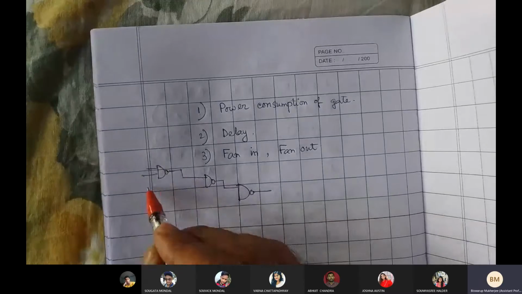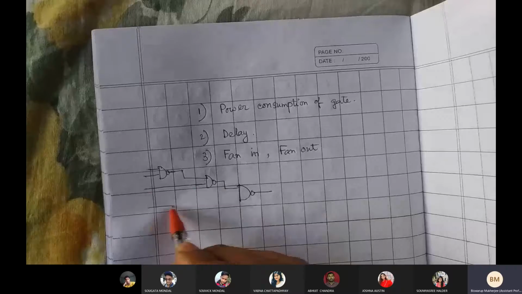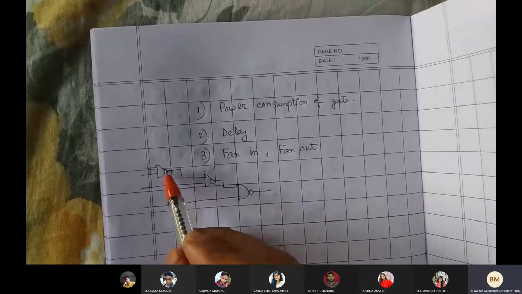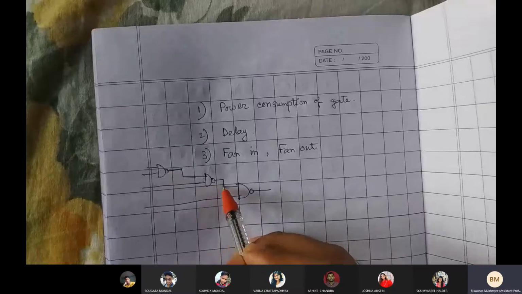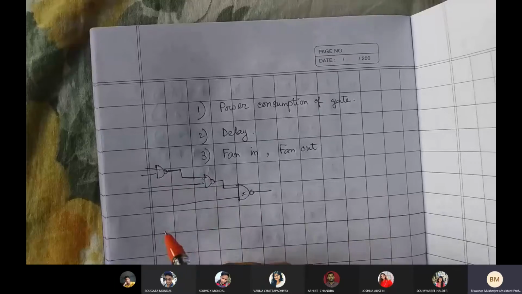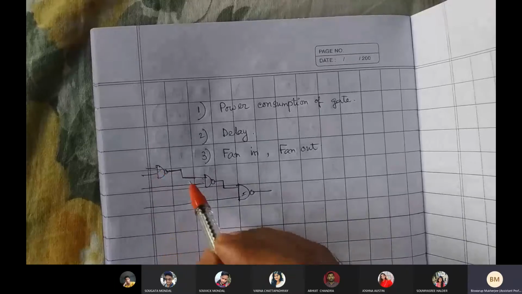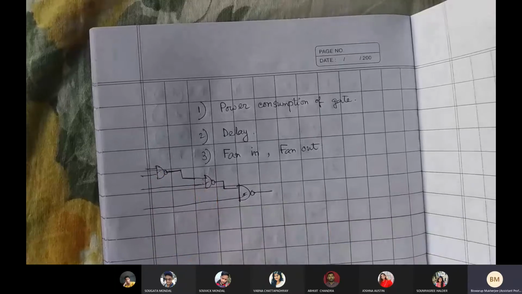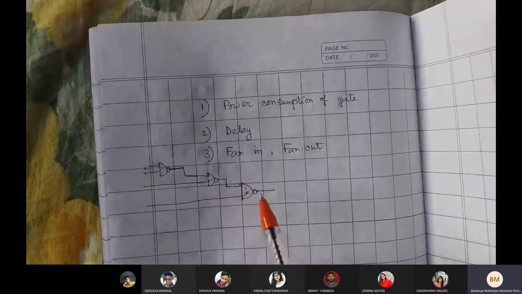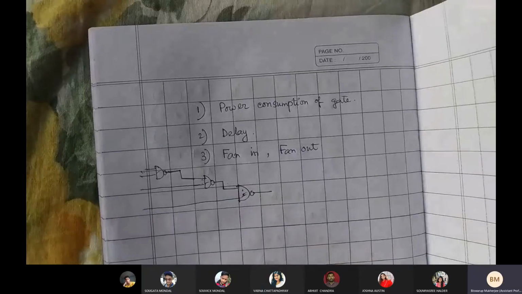So there are some other values also likely like this. So we'll be saying that two NAND gates, so some current is coming. Here also another current is coming. So these two are actually driving the final NAND gate. Okay. So how many gates can be introduced at the input section of this particular NAND gate, or of that particular gate, is called fan-in.